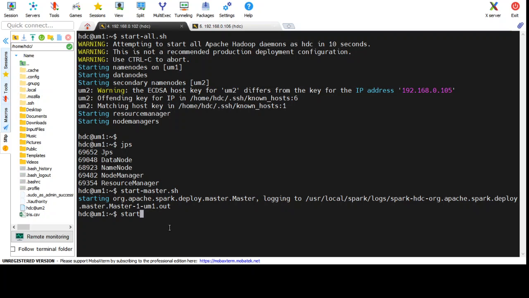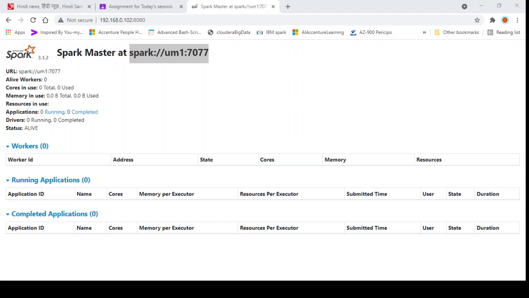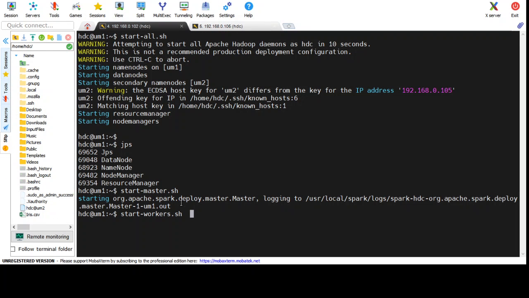So our command will be start-workers.sh, and then we have to copy the URL from there. Okay, so I have copied it from here, and then I will paste it here.